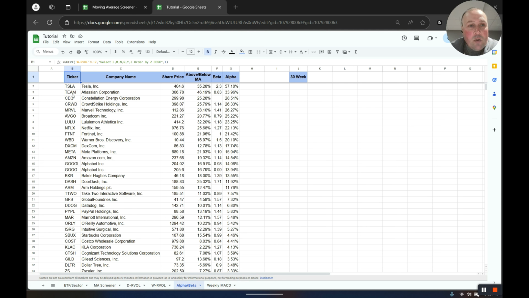And you'll see like TEAM right here. We have alpha over the last 3 months, and we have low beta. So this is a stock that looks interesting to me, right? Because it's Atlassian, and we are 46% above our 30-week moving average. So you may want to look for a stock that has low beta that's not so high. So Fortinet, that's 21% above our 30-week moving average, 22%, with only a beta of 1, and we have 21%